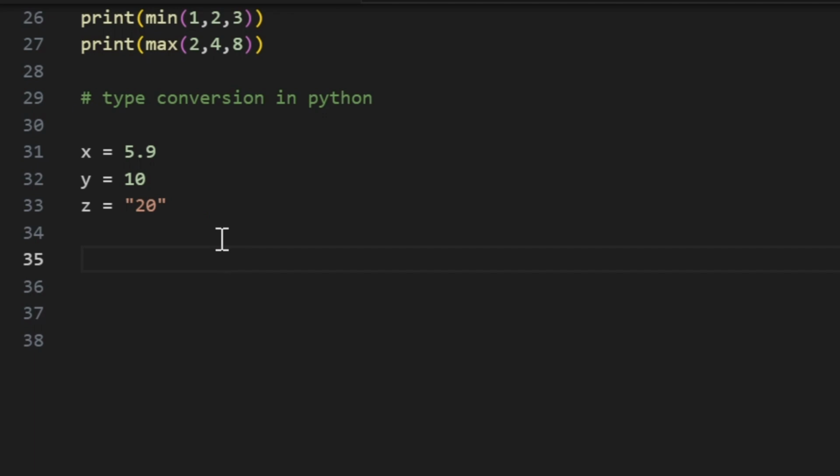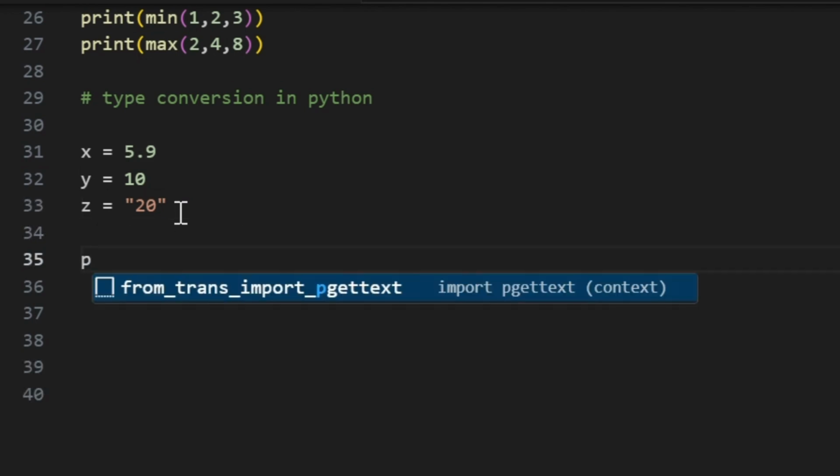Let's see type conversion in Python. Here we can convert the data type of the numbers from one type to another type. Here you can see x equal to 5.9. You know it is a decimal number. We're going to convert this into an integer. Let's print,